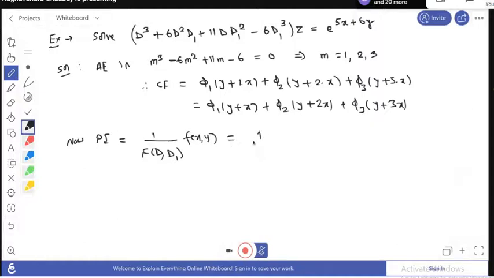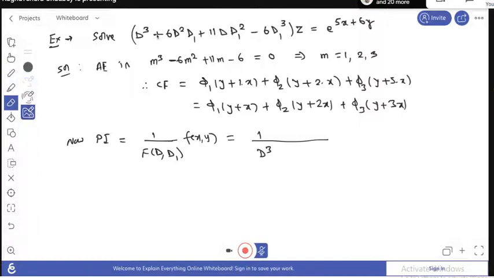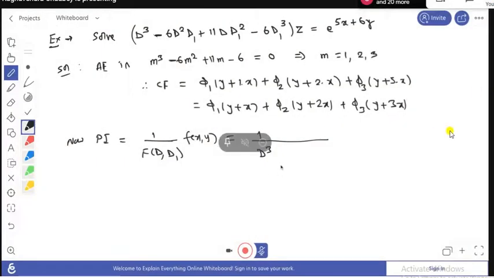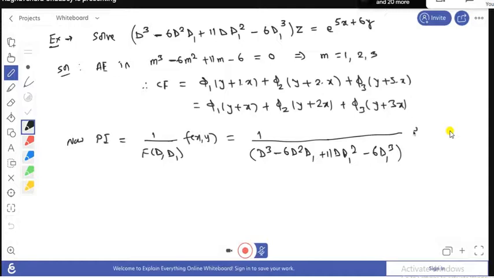So this equals 1 over D cube minus 6D square D1 plus 11 D D1 square minus 6 D1 cube, and that operates on this function. So by using the formula, you know that